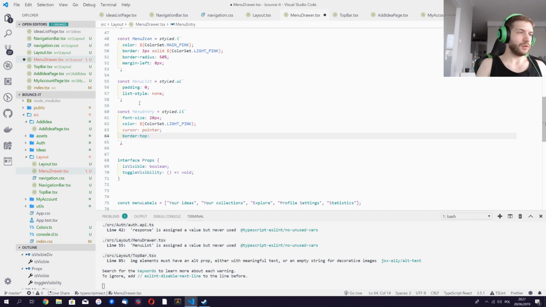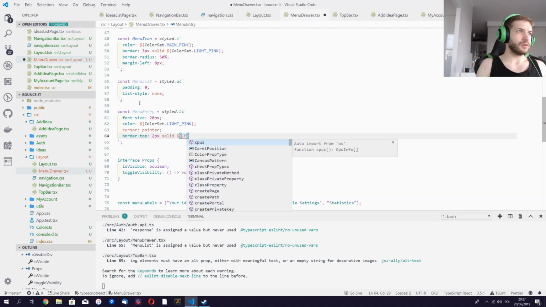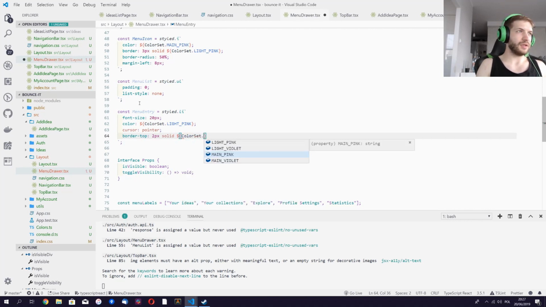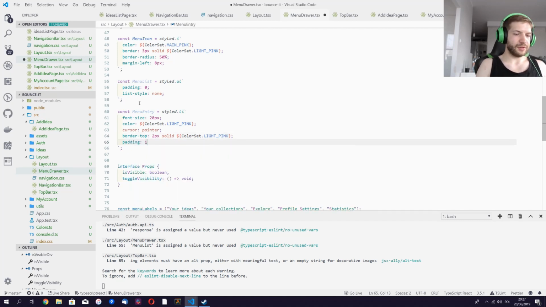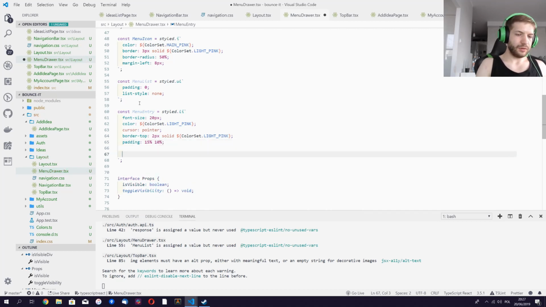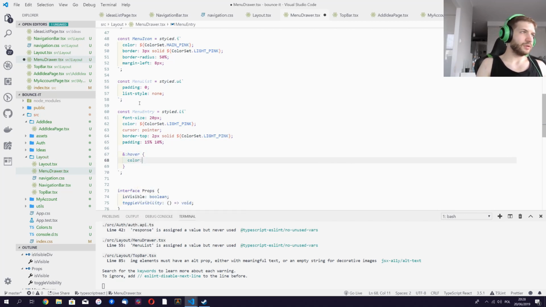Okay, so this is gonna be 2 pixels solid, and also color set light pink. Padding is gonna be 15%, 10%, and on hover I would like it to change a little bit, so we'll just change the color to